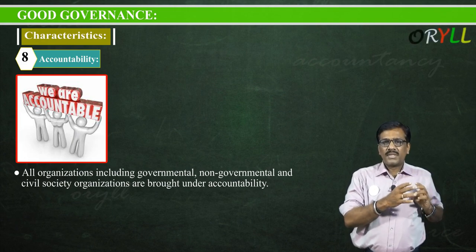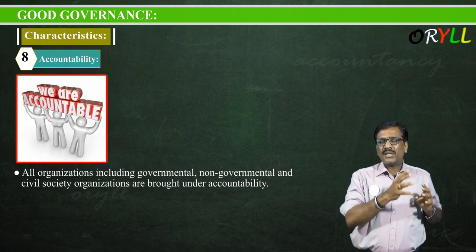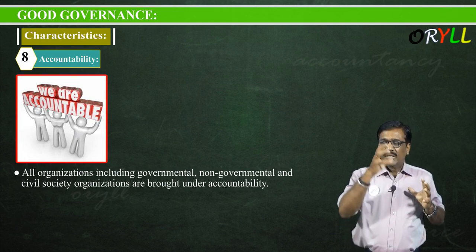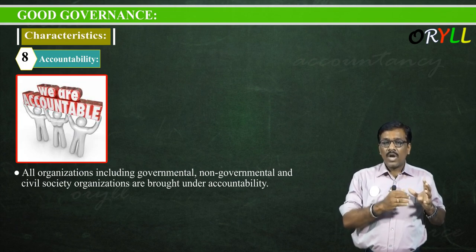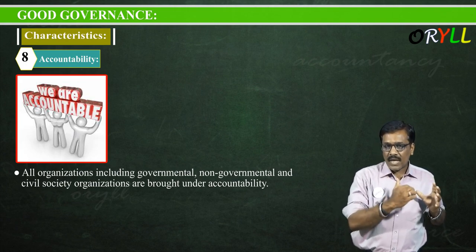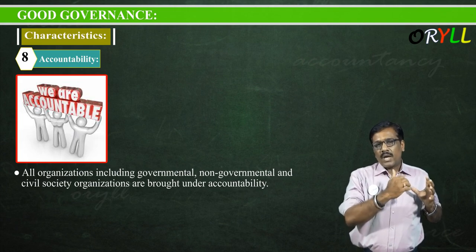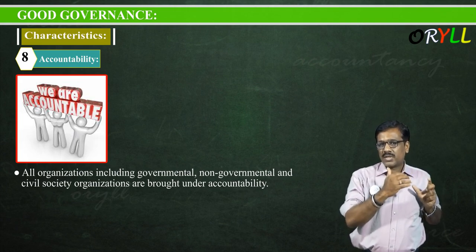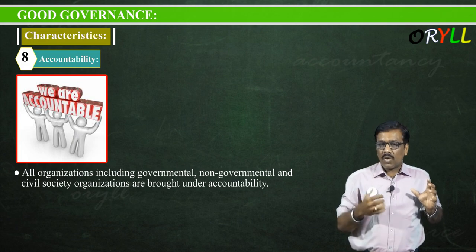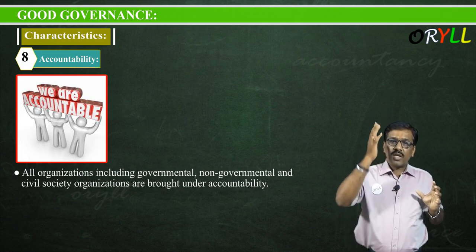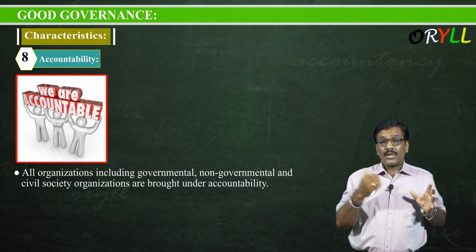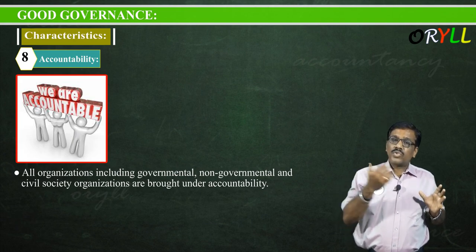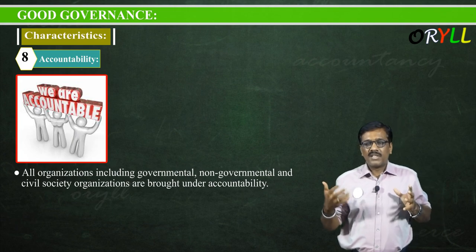They are accountable in the sense that every month or so, they are supposed to give certain things. There will be something called a GD entry in the police station, meaning general diary. How many cases booked, how many FIRs filed, what is the crime rate, and in your jurisdiction, how many cases have been chased till now. They have to give the information to their higher authorities. Understand? They cannot get rid of that. That's a responsibility.